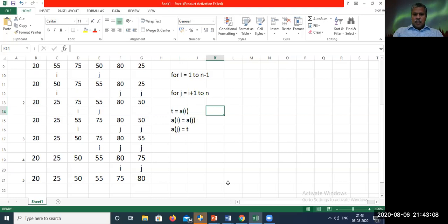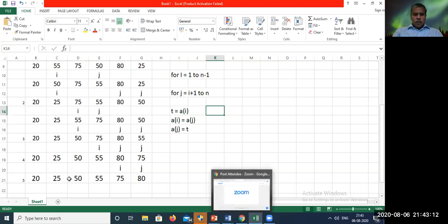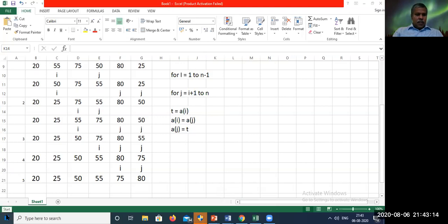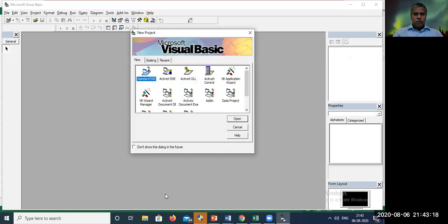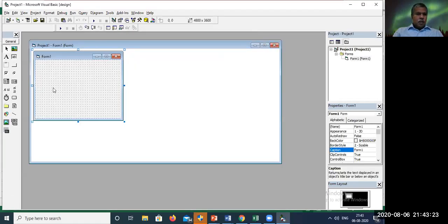Now we will write a program in VB for the ripple sorting. I will take 3 command buttons.